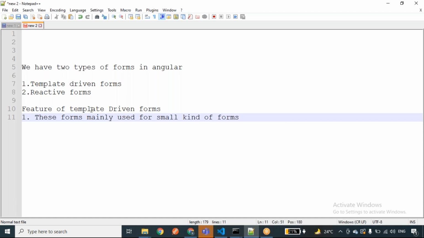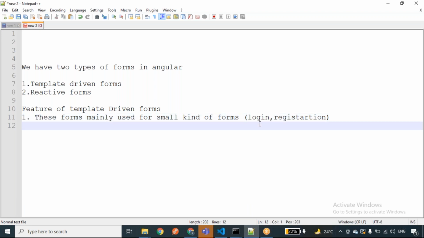Here, small kinds of forms means, for example, a login, or we can consider it a registration page. I mentioned small kinds of forms because the form complexity will be very low. In a login, at most we will have the mobile number and the password.